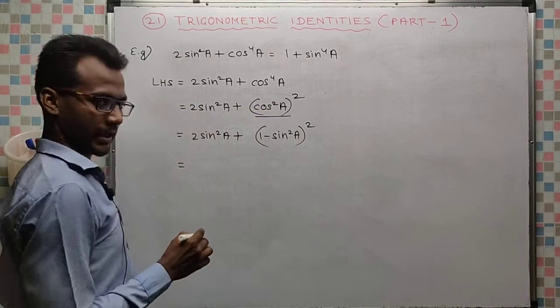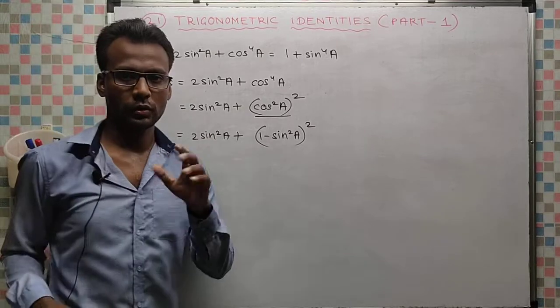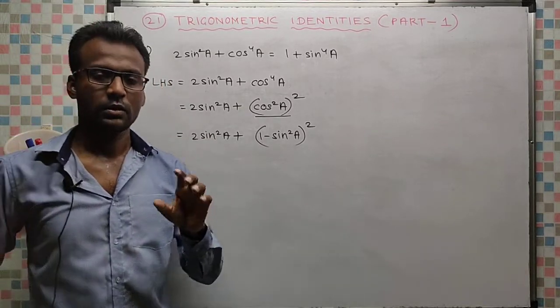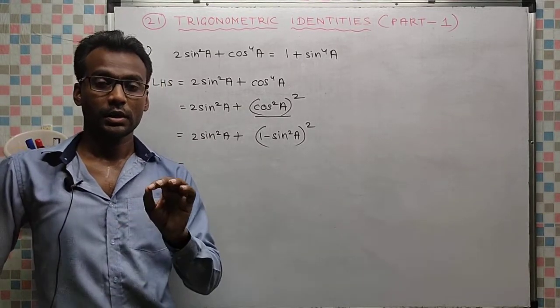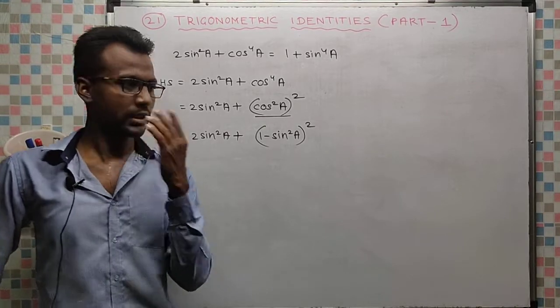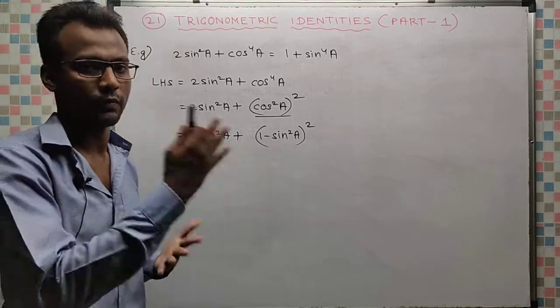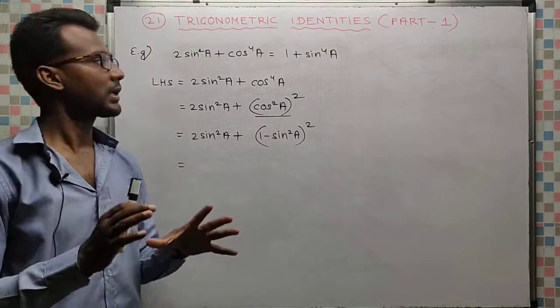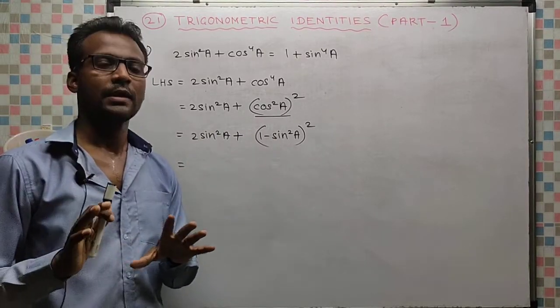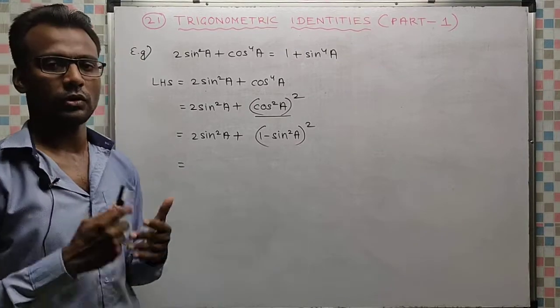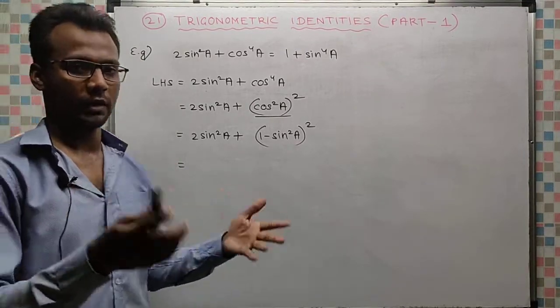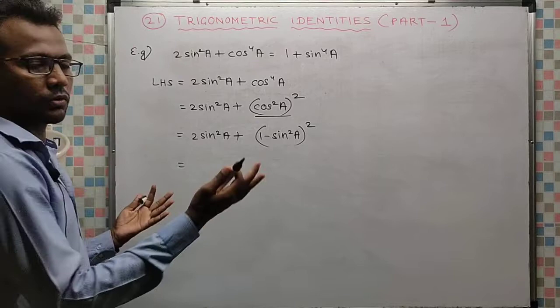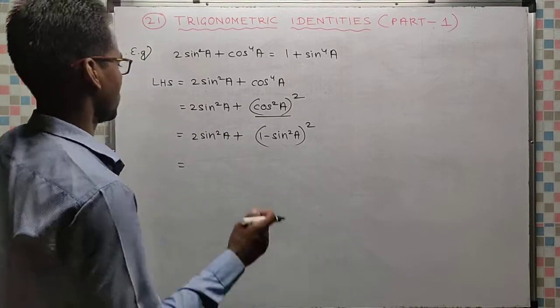Now let us open the bracket. What I have told, do not open the bracket, always try to factorize. But in rare cases you have to open the bracket. See, without opening the bracket we do not have any other option. In such a case you have to open it. Mainly when there are denominators, in those cases do not try to open the bracket or factorize. But here there is no denominator, so no need to worry.